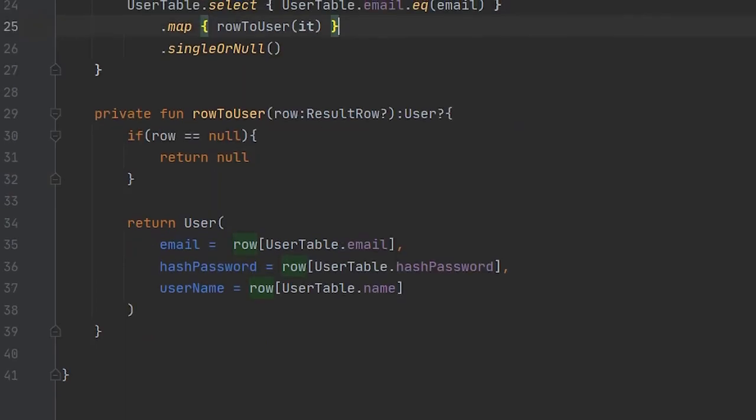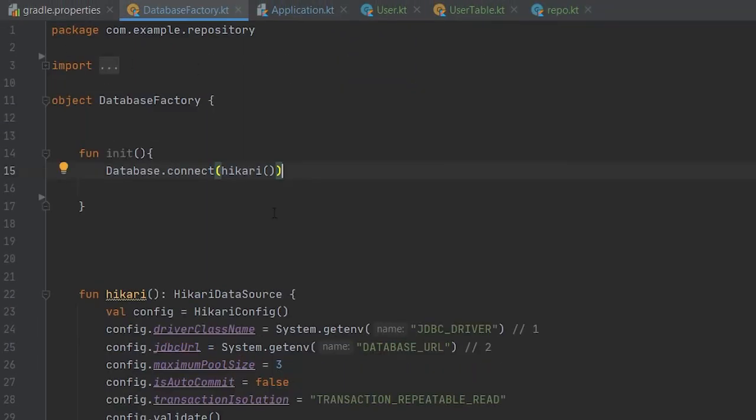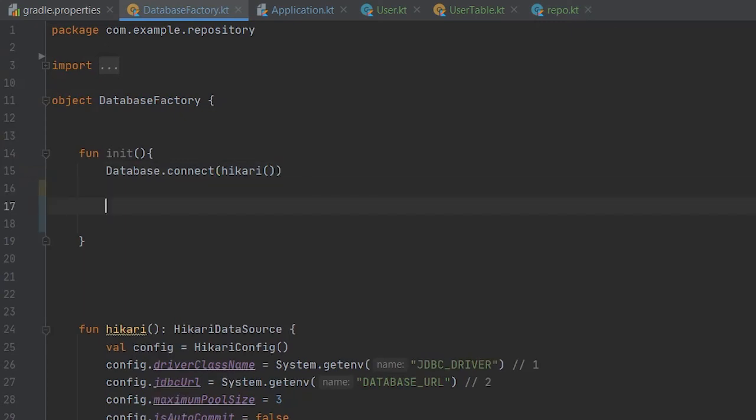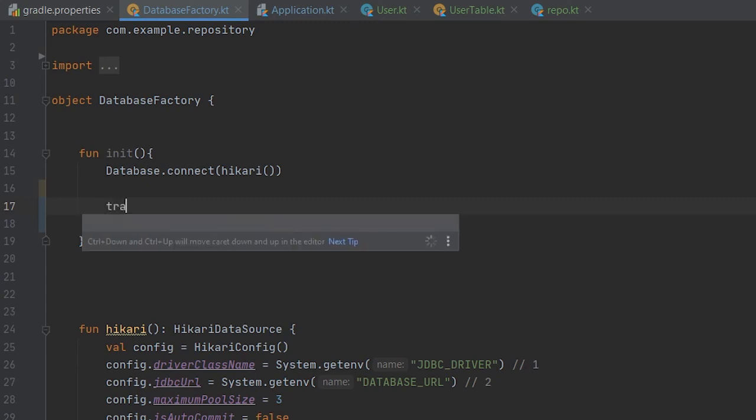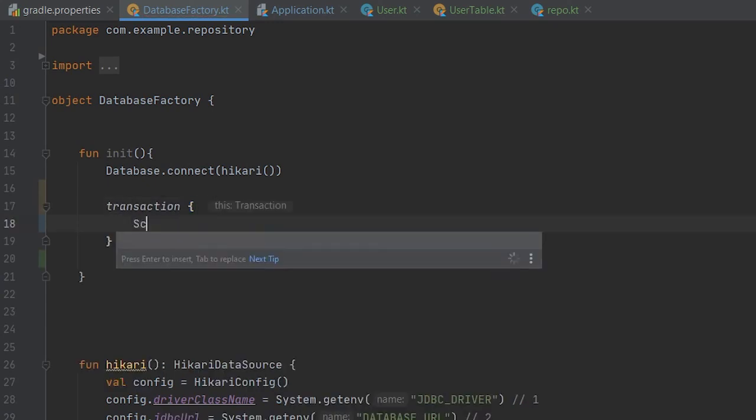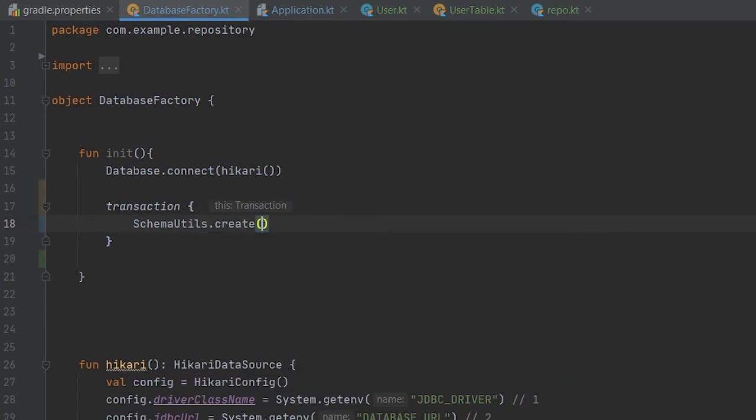So now in our database factory which we created in the last video, in this init function we have to create our user table in our database. So we have to make a transaction, and in this SchemaUtils we have to create our user table. This will create a user table if it doesn't exist in the database.